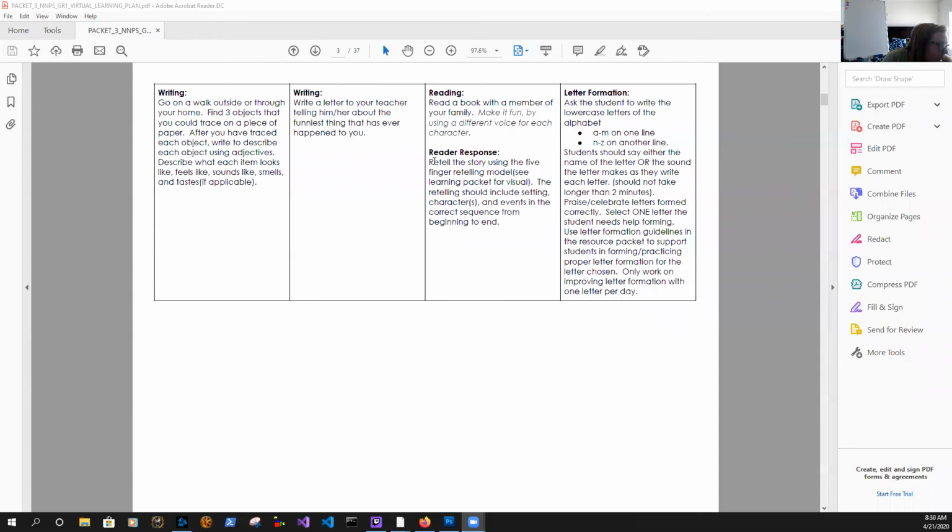So that should be no problem. It says retell the story using the 5-finger retelling model. The retelling should include setting, characters, and events in the correct sequence from beginning to end. So follow that 5-finger retelling, and that will be your reading response for the book that you chose to read with the different voices.